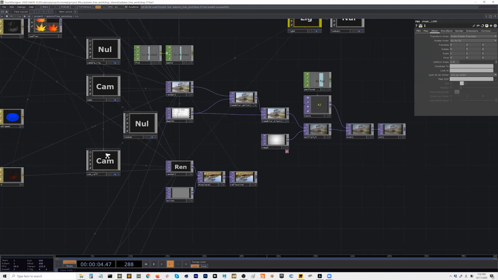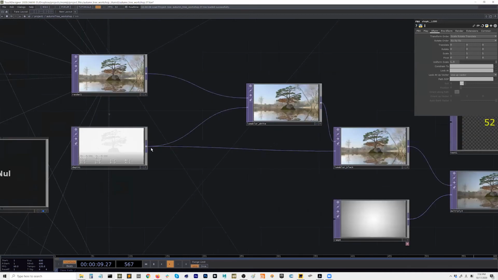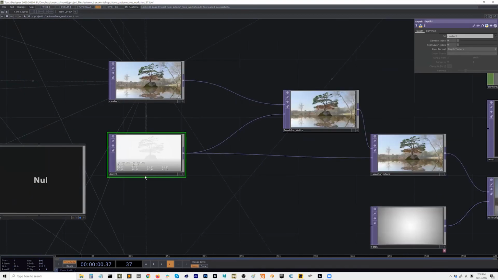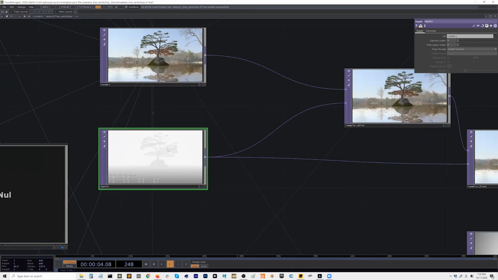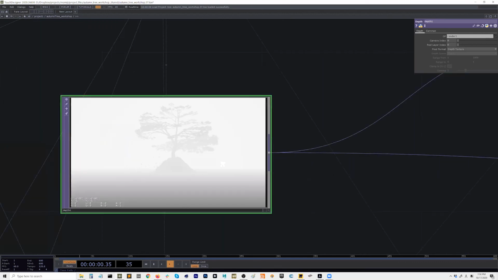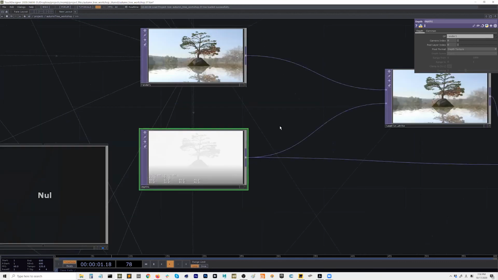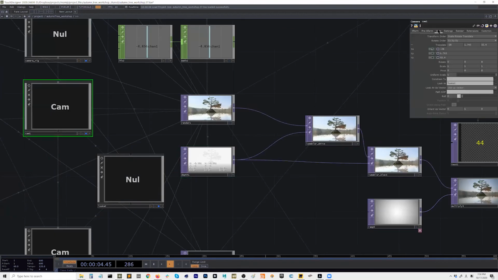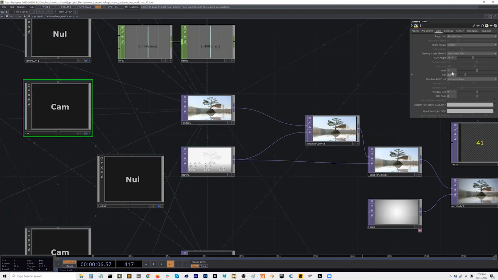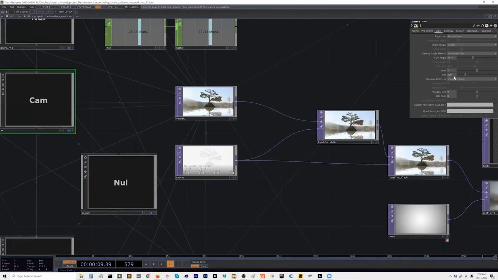the couple technique is I used depth. I took a depth TOP, and what's important for this one is that it uses your camera's near and far, if you go to view. So it totally depends on your scene scale.